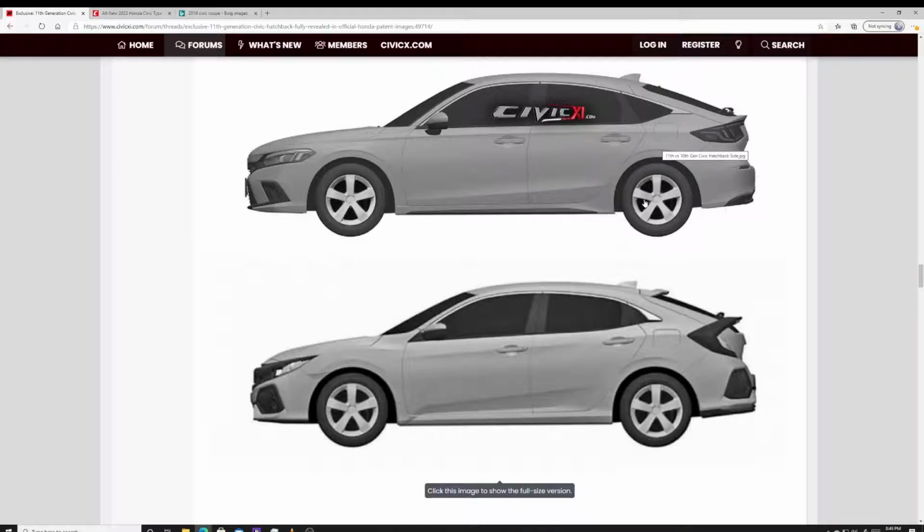Again, this is all just pictures. I'm just speculating here whether this will be big enough to fit my tall behind, because I am 6 foot. Let's see if I'm able to fit in there, because I have no problem fitting into my 10th gen in the backside. Honda tends to make awesome when it comes to leg room. There's plenty of leg room, as well as plenty of roof area for your head,